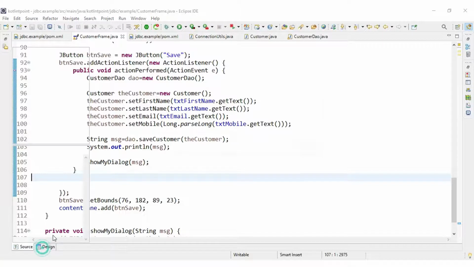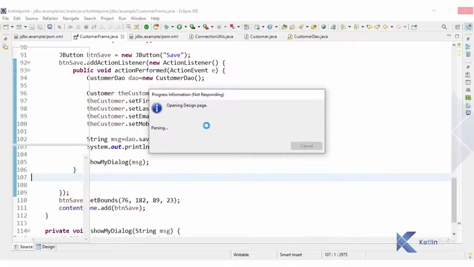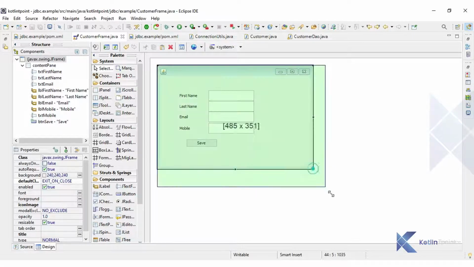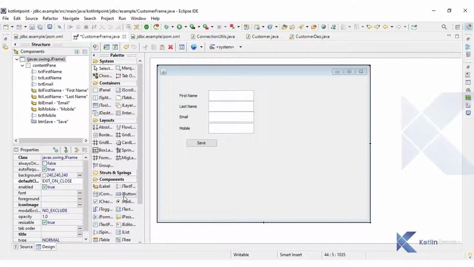So first of all we need a jTable with our frame. Here I am going to have the jTable with our frame. So our form is ready, right? And here I am going to have the jTable. As you can see, I am increasing the width of our form, and here you can find the jTable